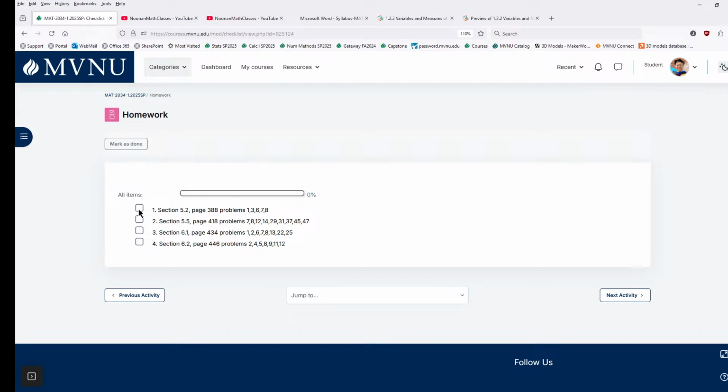Or if you are lucky enough to sit next to one of the 20% of people here who have their book, yes, you could look on or borrow theirs, work together. That's another thing, by the way, is doing your homework with a friend. It's really helpful because sometimes you know how to do the work. Sometimes your friend does. And it's always good to be able to teach someone else. That's really how you learn something, is if you teach them how to do it, then you really learn the